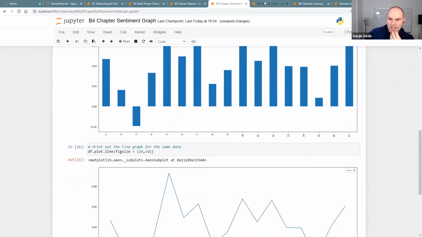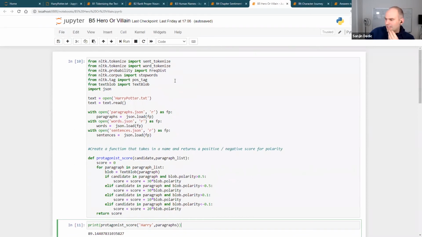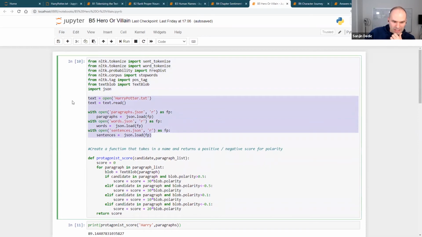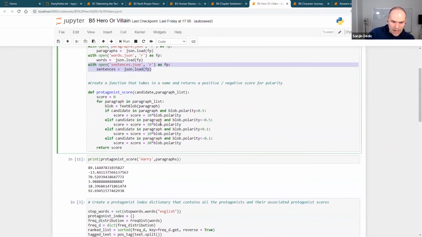All right. So next up, heroes and villains. This one is a bit more complicated. All of those NLTK tools are imported. I'm going to actually open the book and have paragraphs, words, sentences. I'm not really going to use sentences actually. And I'm going to use this function that takes in,